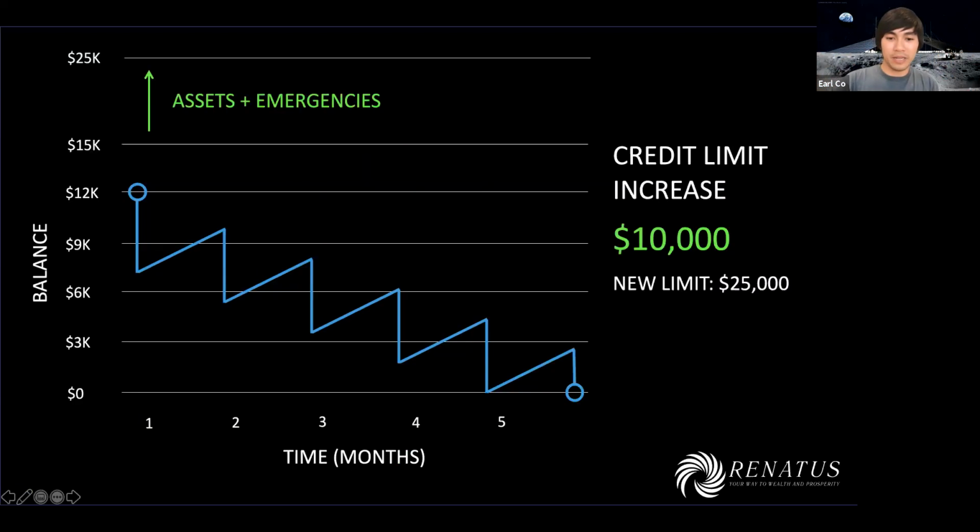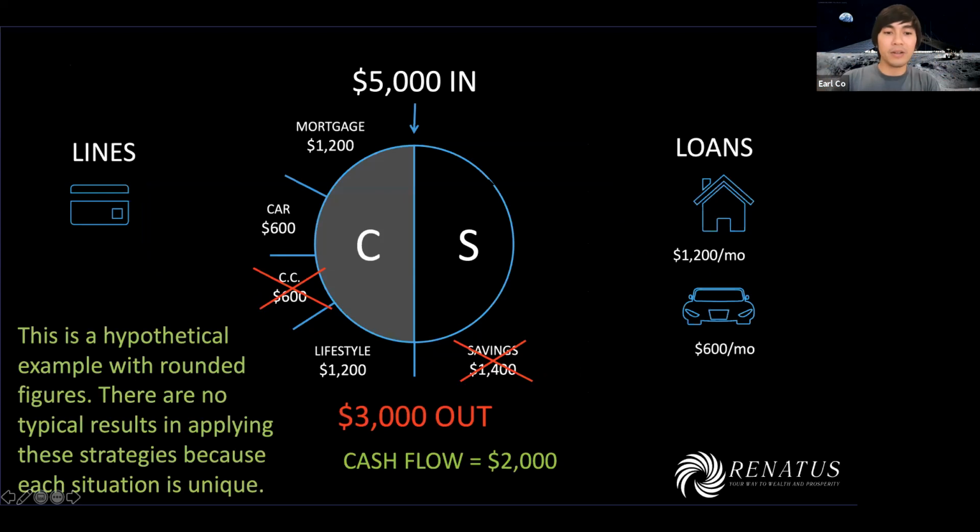So, yeah, that was it. So we've knocked out our credit card bill. We've knocked out our savings. Maybe you want to keep like $1,000. I keep a good chunk of money just to make sure that I can make any